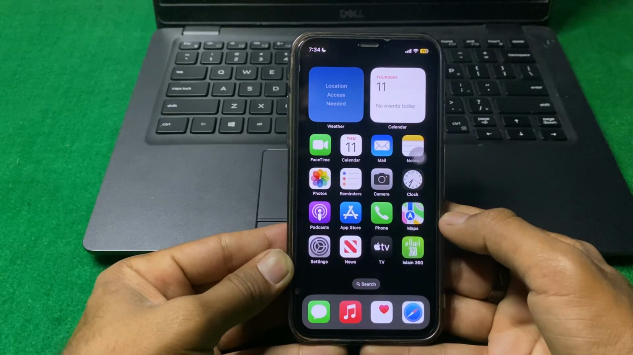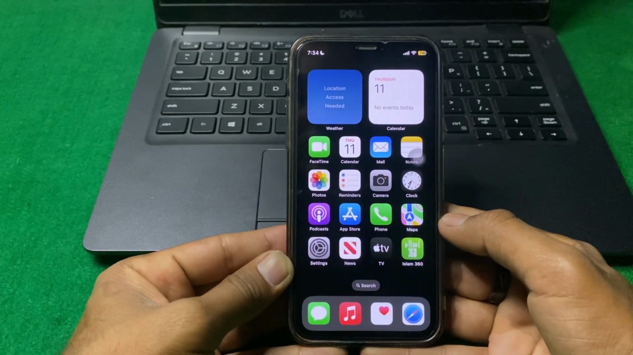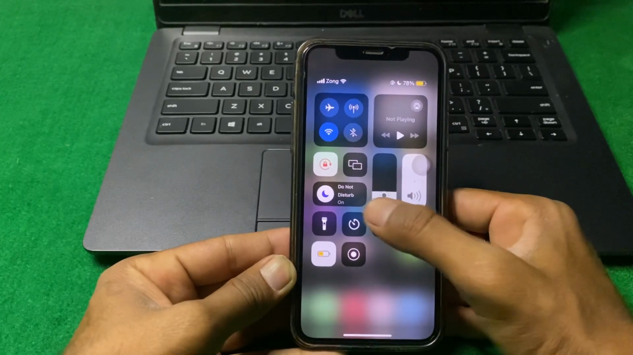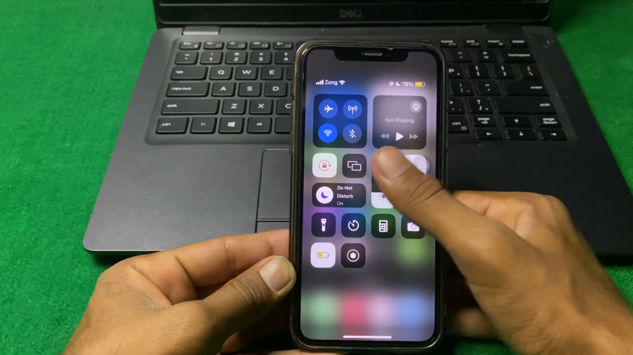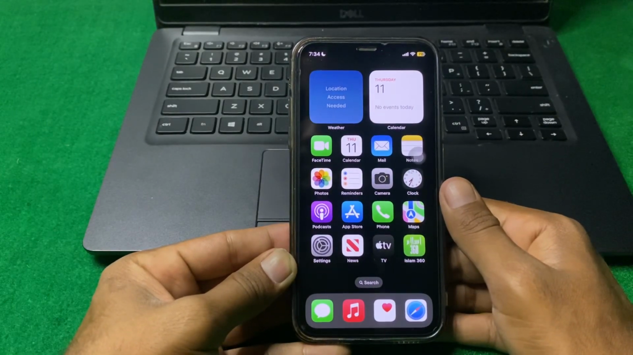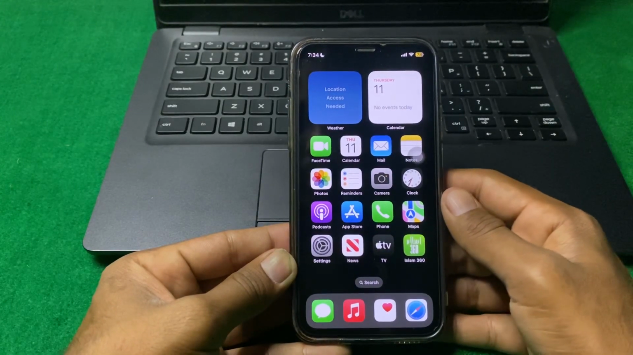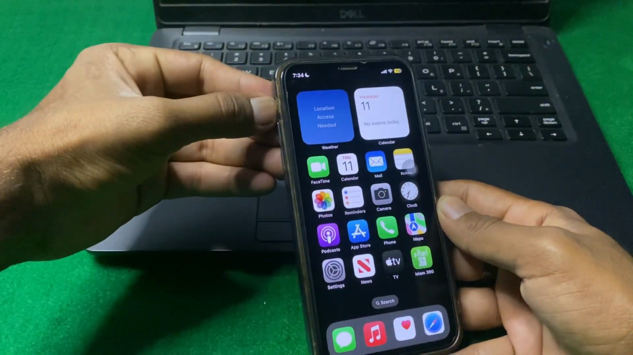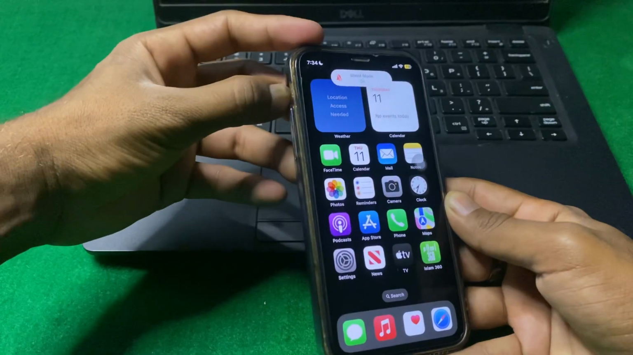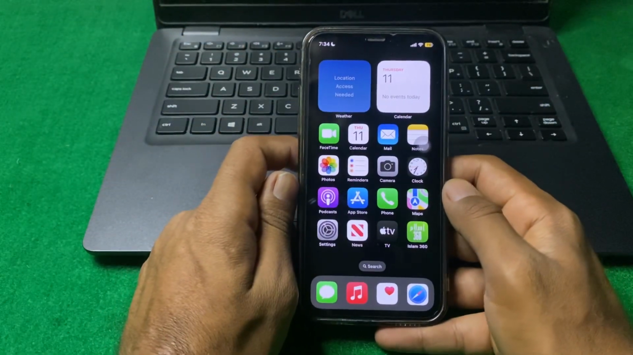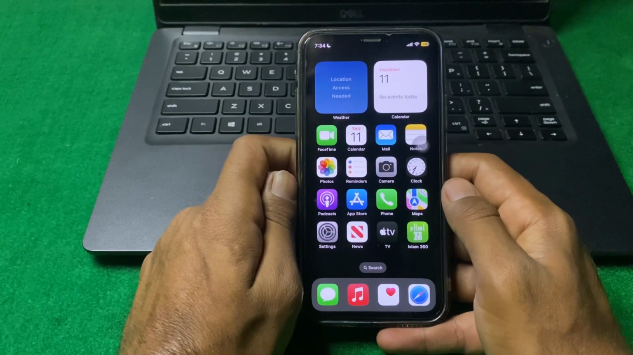So guys, first of all, we have to just simply make sure that the do not disturb mode is not enabled. If the do not disturb mode is enabled, then turn it off and check if the problem is fixed or not. And if the problem is still there guys, then you have to make sure that your device is not on silent mode. Check if the device is on silent mode, then turn it off and check if the problem is fixed or not. And if the problem is still there guys, then you have to just simply